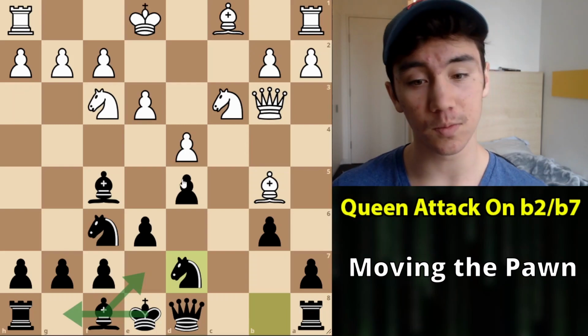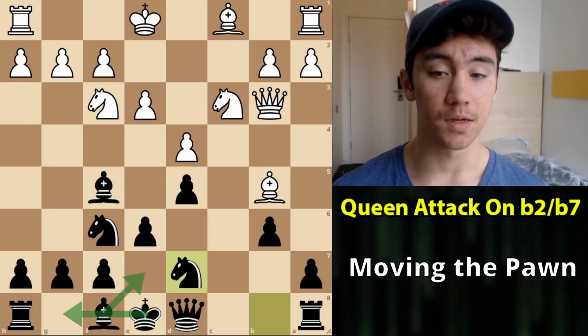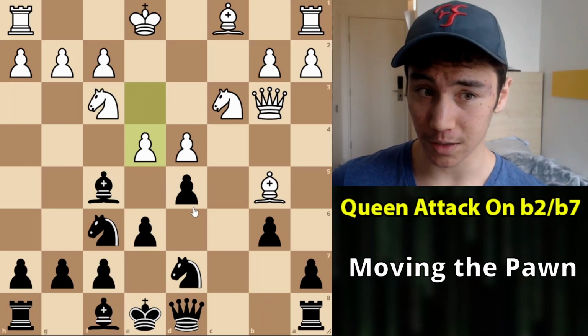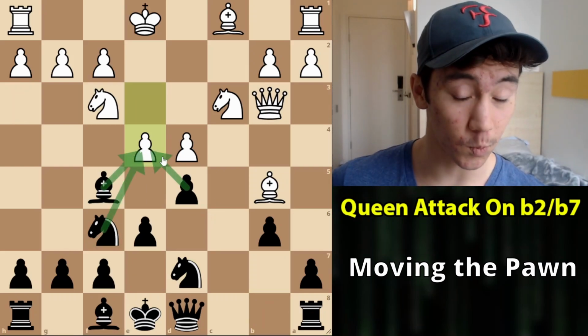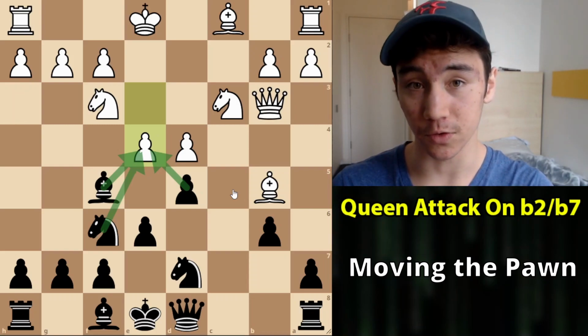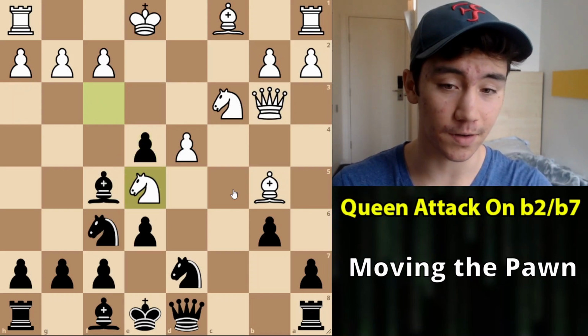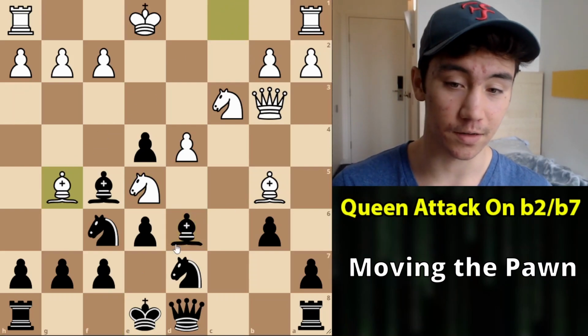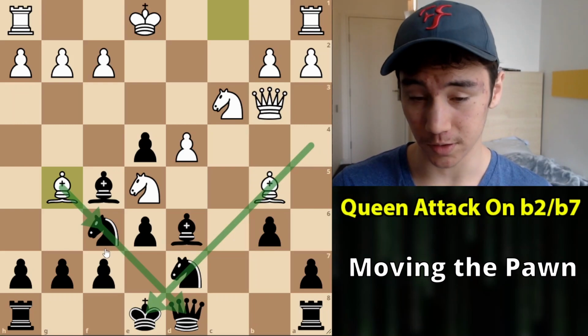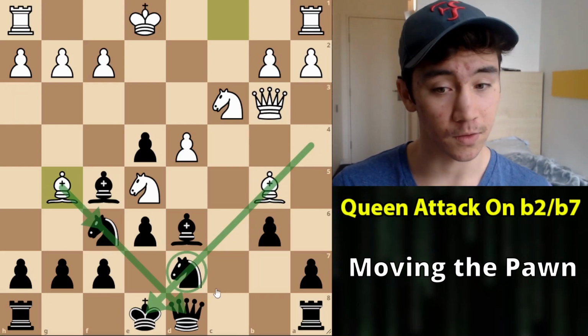slightly awkward development where they've weakened the light squares a lot, namely that in this position White can actually just play e4, and it looks pretty radical at first because we can take it in 3 different ways, but the whole idea is that regardless of how Black decides to tackle this move e4, we're going to play knight e5, and then bishop g5, and essentially we're overloading them on 2 different diagonals. Bishop takes f6 is our threat next, and then we're going to take knight d7, very little that Black can